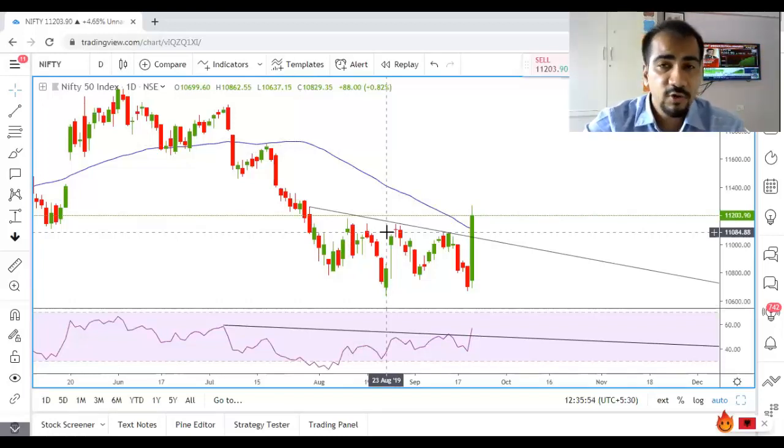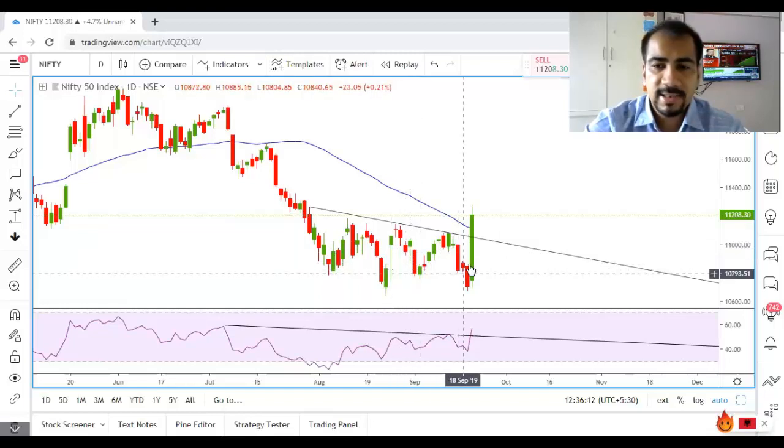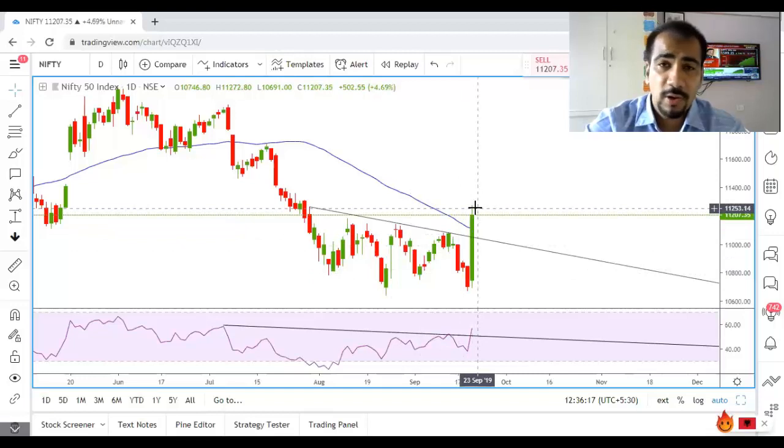In my previous video, I had also mentioned that the shorter term charts, the daily charts, were showing that we are range bound and we could either go up or down, but the larger time frame weekly charts were always bullish, and that is what has been continuing till now. Now coming to the main point, is this a very strong rally, and will it continue or not? We need to come to a conclusion which is that particular level which is going to be the decider level. According to me,